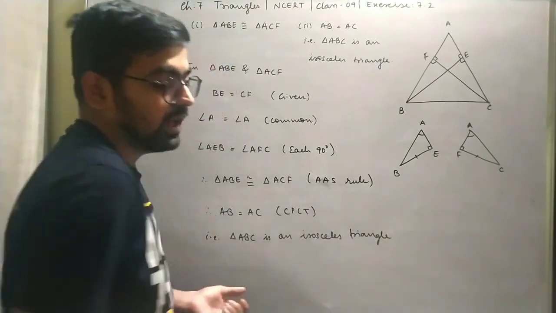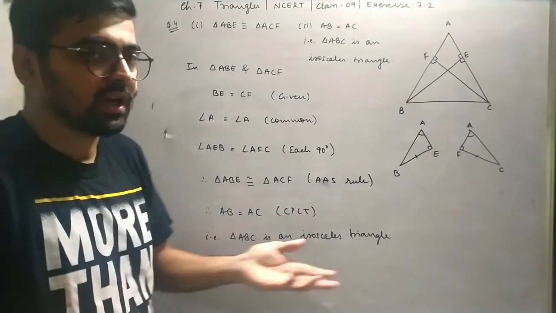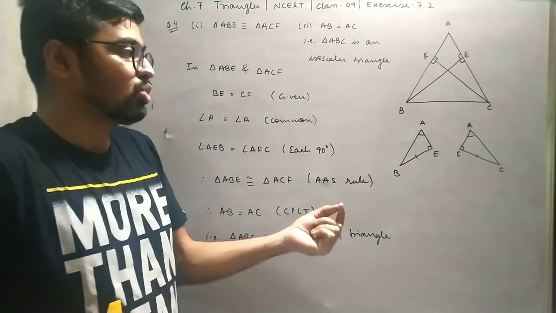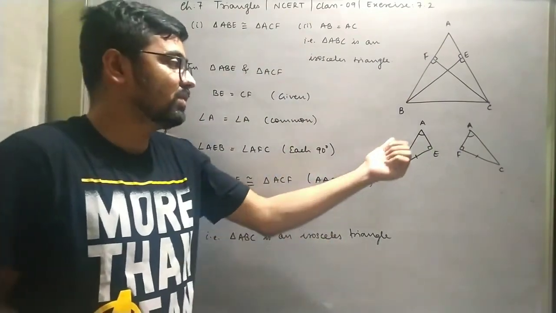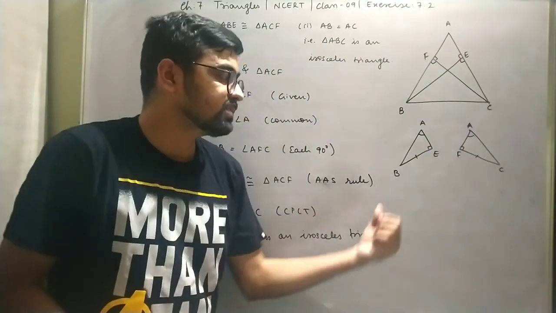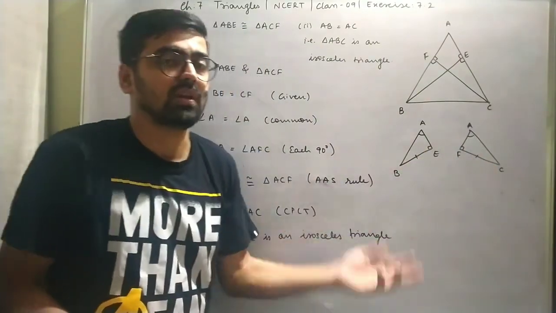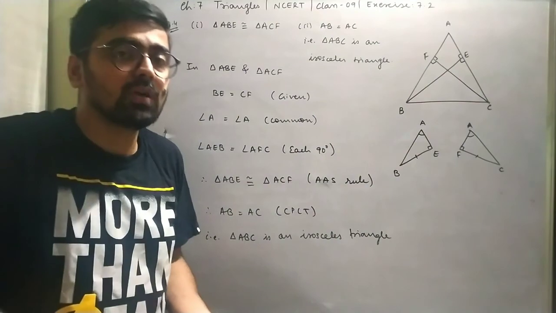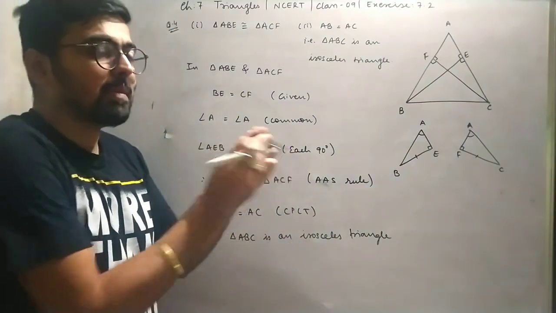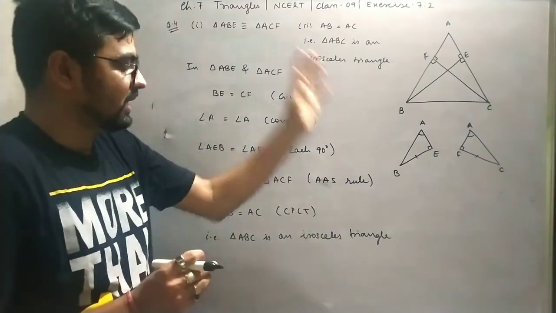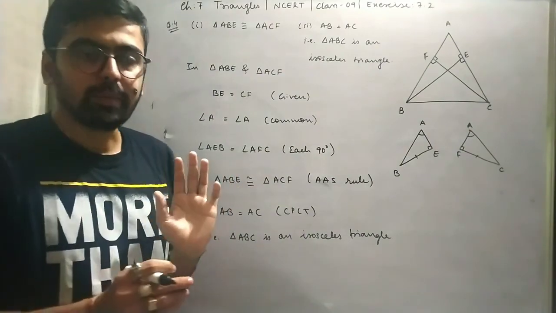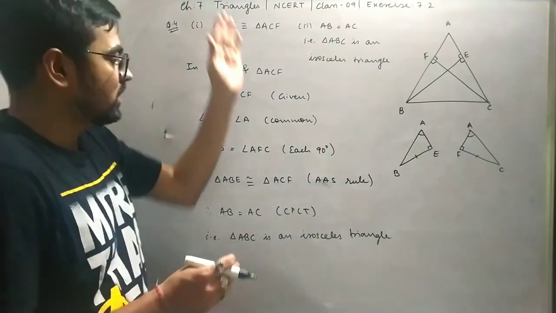Simple, right? If I had given this to you as homework, it wouldn't matter at all, because we just had to make a small change. In the previous problem we know that AB and AC are equal. In this particular problem we know BE and CF are equal, and we are supposed to show AC and AB are equal. Correct? So just a minor change in the problem, and that's how we are supposed to do it. Am I clear? You can pause the video and note it down.